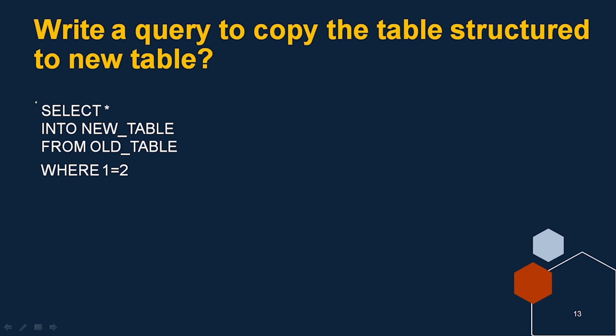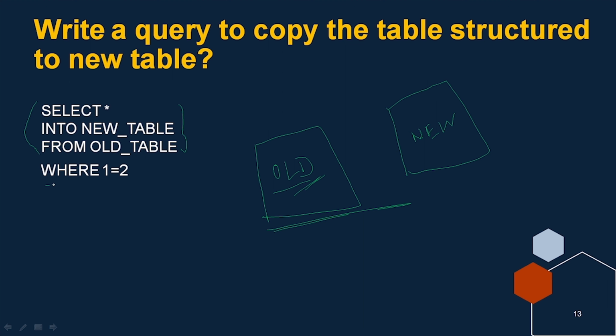So for that we are using select star into new table from our old table. That means this old table is present in my database. If I want to create one more table like this old table, then if I use this command, it will create one more table, that is our new table, like this old table's description as well as its